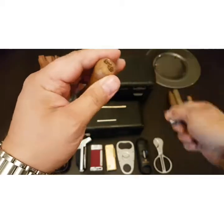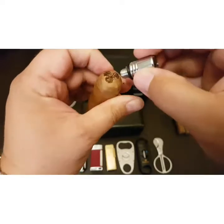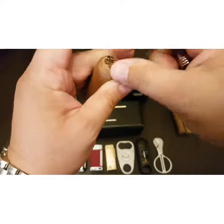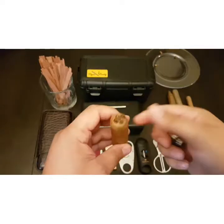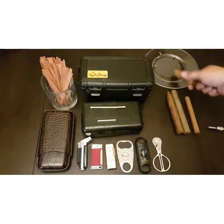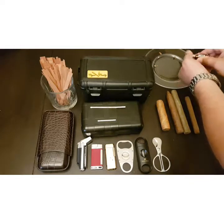Okay, you could even do a clover. Whatever you want. Perforate the snot out of it if you wish. Anyway, just a couple ways to help get that draw. Now, parting with that,